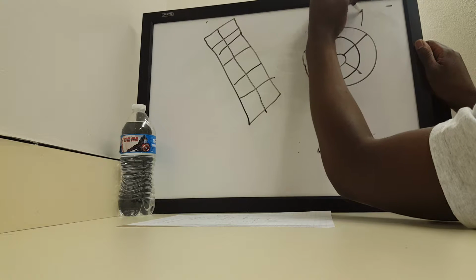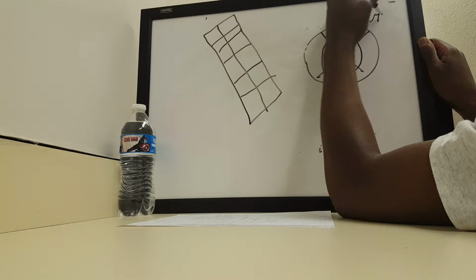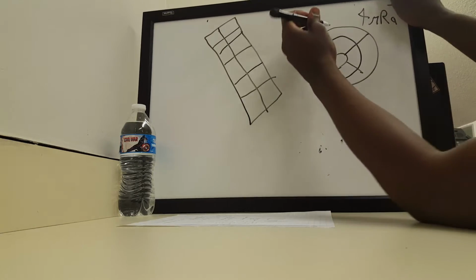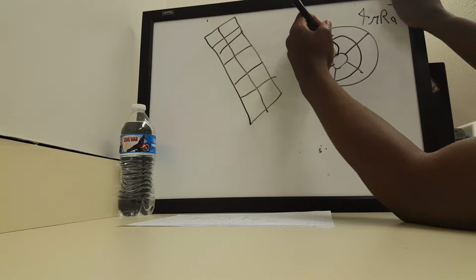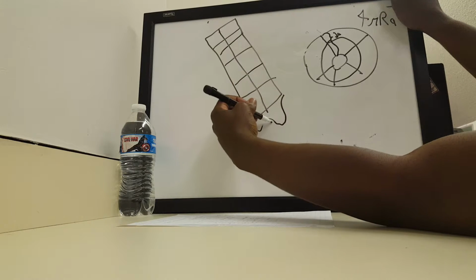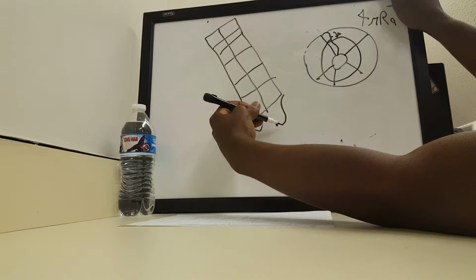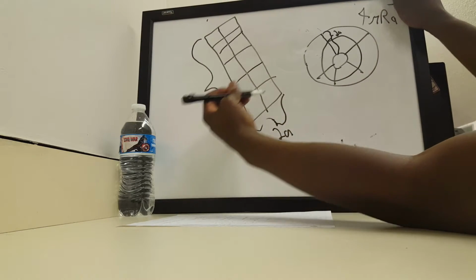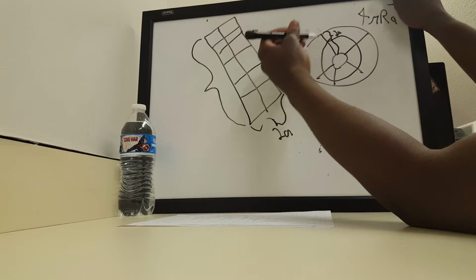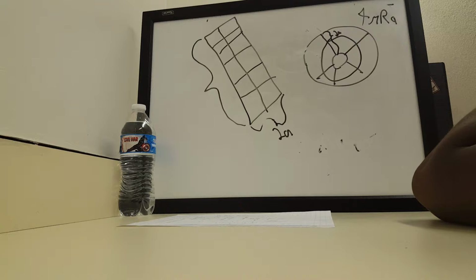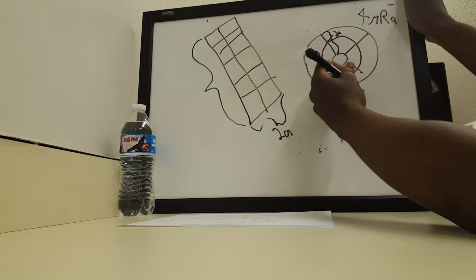So as we remember before, we found the area of the torus to be equal to 4 pi r a. So we're going to now apply this area on the rectangle. So as we know, the diameter of the torus is equal to 2a, which we calculated earlier. So I'm going to make this the length of the rectangle, or the width, sorry, equal to 2a. And now the length of the rectangle is actually going to be found by finding the circumference of the center of the torus. Now the circumference of the center of the torus can be basically found by the circumference formula, pi times the diameter,